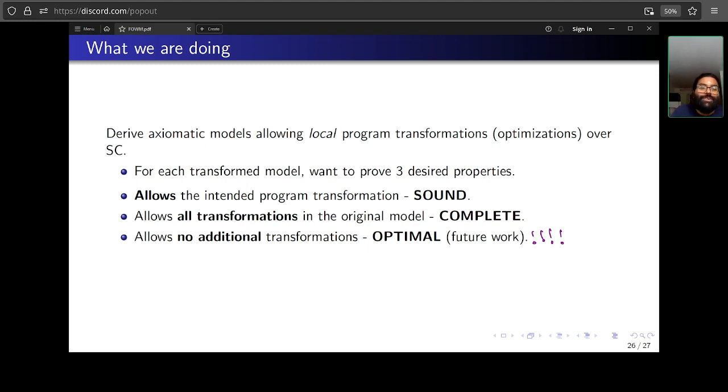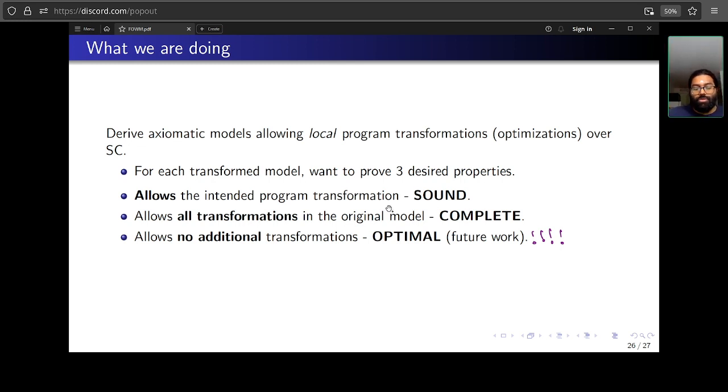So we're asking whether all transformations, let's say I take SC and I take these local reorderings, read, write, and I derive a model. So the question is, do I get all other possible optimizations from SC? If something I prove safe in SC, do I get it directly for free in the model I have?